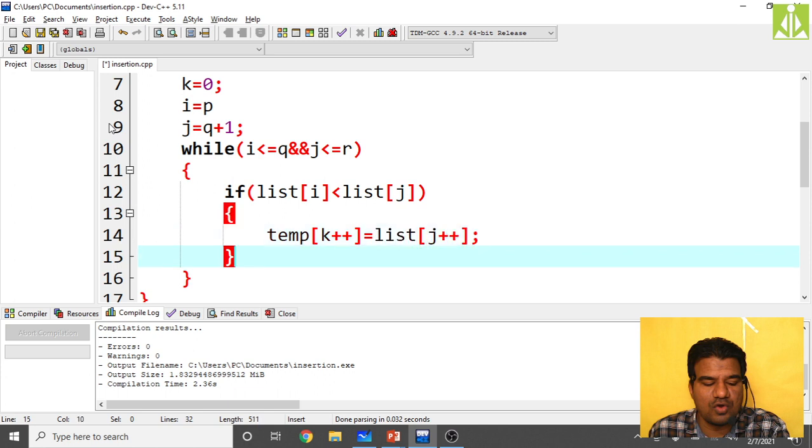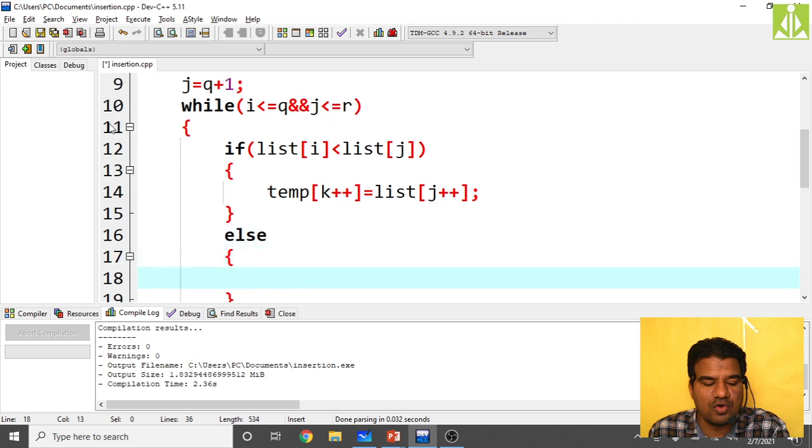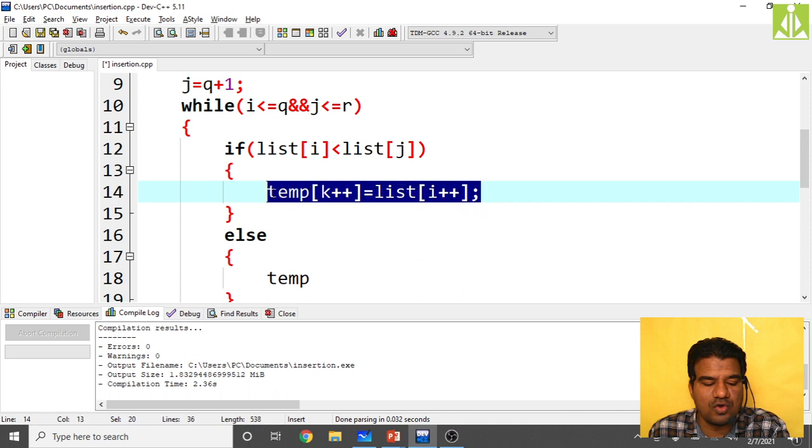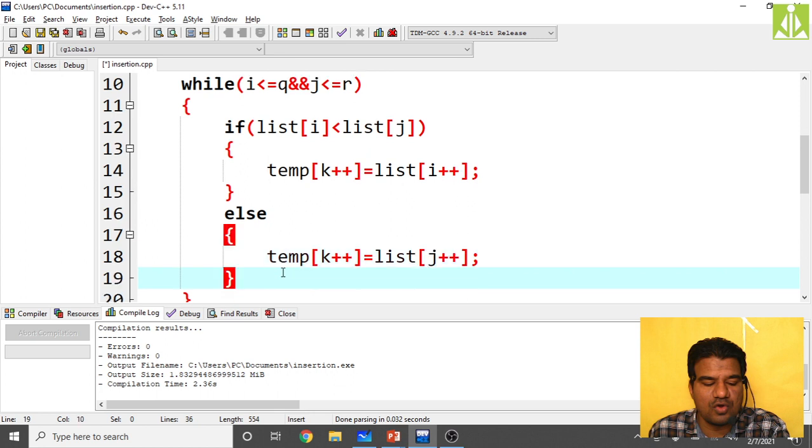At the end put the semicolon, and in the else part you need to put temp of k plus plus equals to list of j plus plus. Here you put i plus plus in the first case, and the same thing you copy in the else, but this time you make it j plus plus. Okay, after doing this,